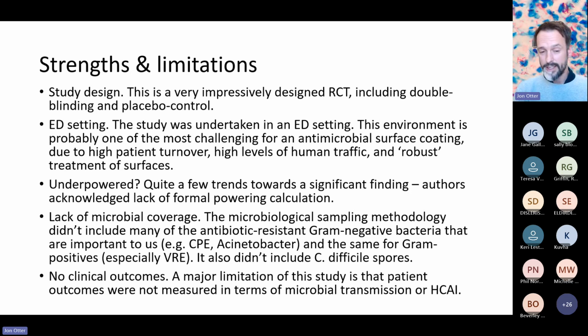One limitation is probably the study was a bit underpowered. I think by the authors' own admission, they probably didn't have sufficient sample size to detect a significant difference, given the actual differences in colony count and proportions that they observed in the study. So in hindsight, perhaps a formal sample size calculation might have helped them to create a sample size, or maybe even the study duration that would have resulted in significant findings either way.